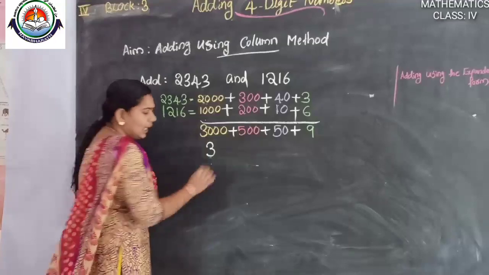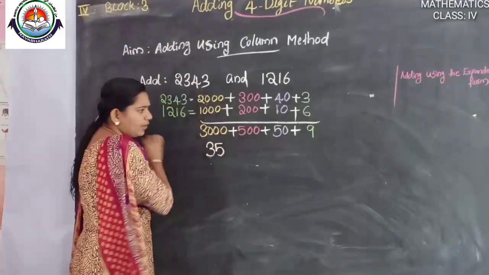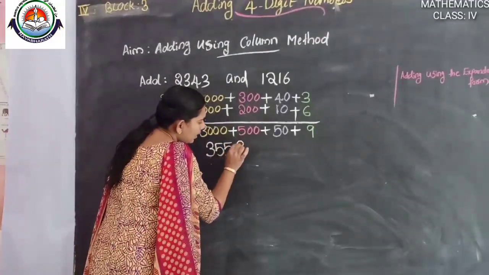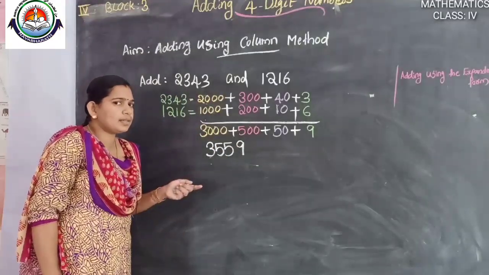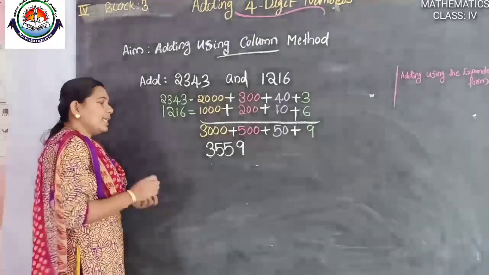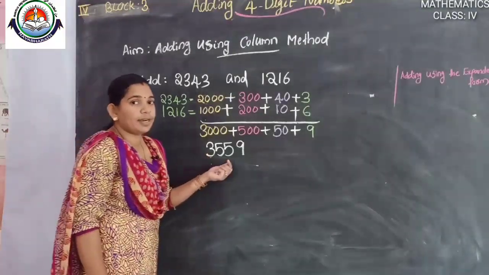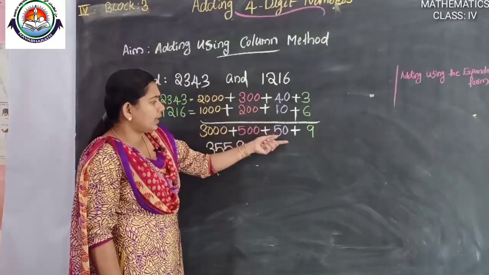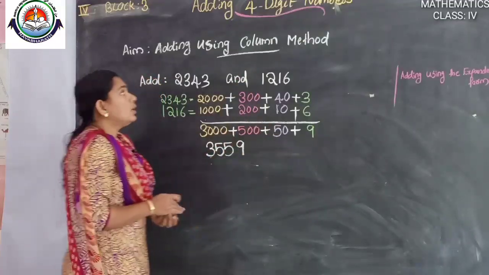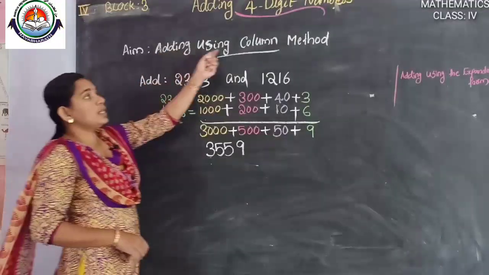Say loudly. 3559. Say the same answer. Yes. What is the answer? 3559. Here do you see any carry? Any carries? No. So we are using addition using column method